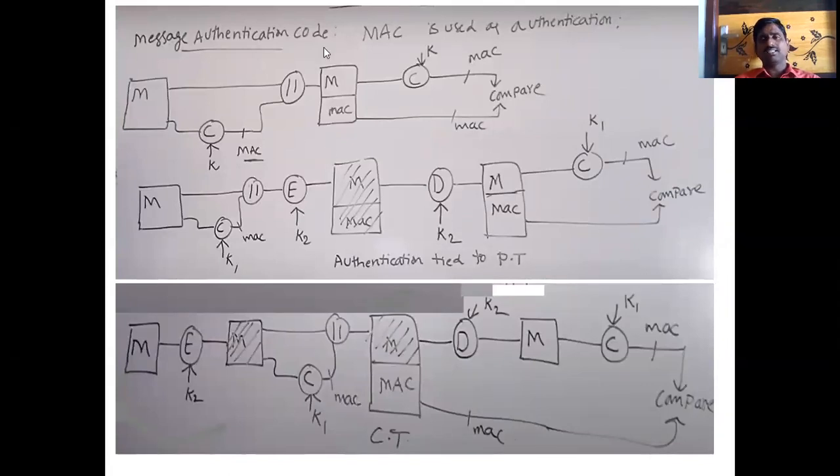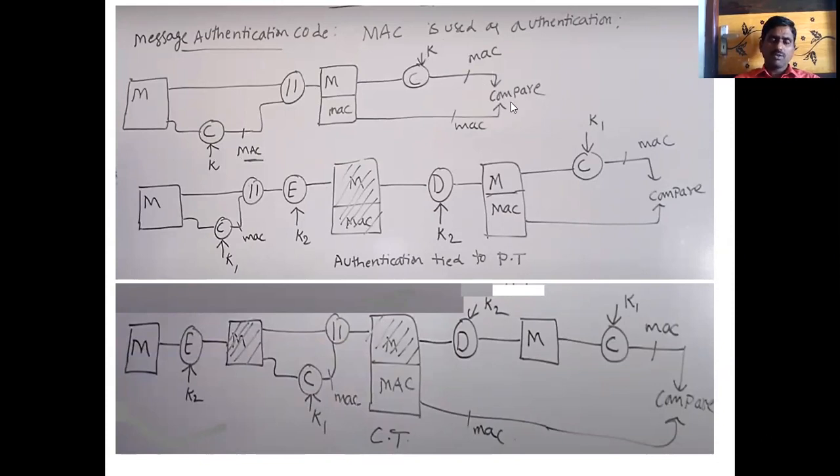This is at the sender side. At the receiver side, what do we have to do? We have to perform the same function with the same key on this plain text to generate the MAC code.